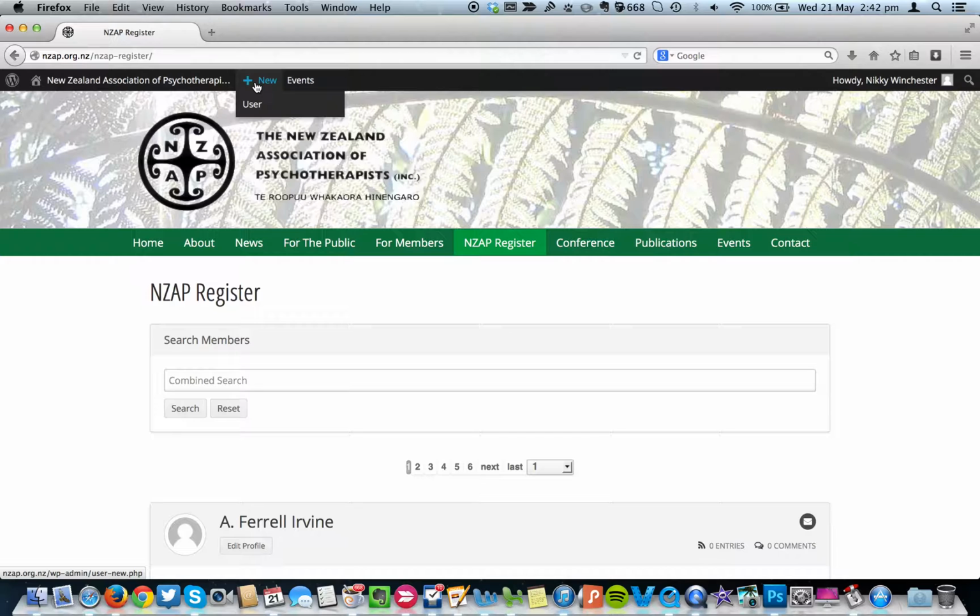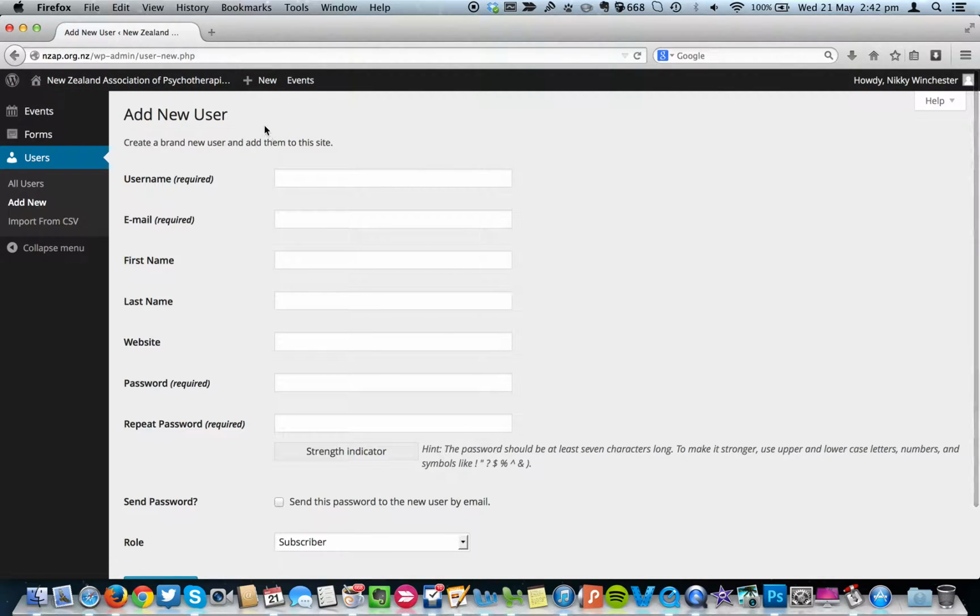So the next piece is we now need to click this button up here which says New, and what that does is takes us into this area, Users area, in the back end of the website. So you can now see we're in WordPress Administration area. And for you, you're able to access this users panel here. So if we go to all users,